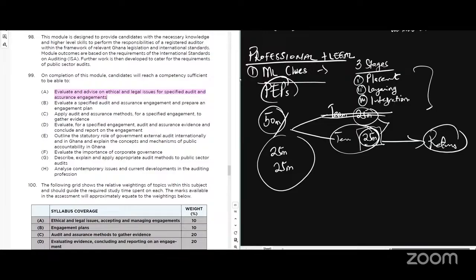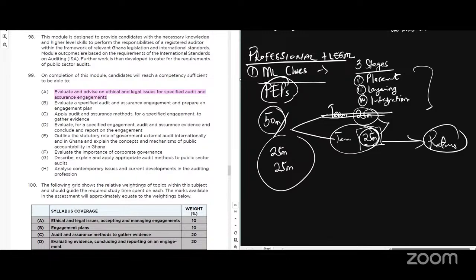They'll tell you that the minister's son has a stake in the company. All these things are clues that you see. Now, at this level, your eyes must be open. Do you understand? Anything you see is a professional legal issue, if not an ethical issue. So the trick is, if you are a student and you try to separate the professional and legal issues from the ethical issues, you will falter because sometimes they mix it up.